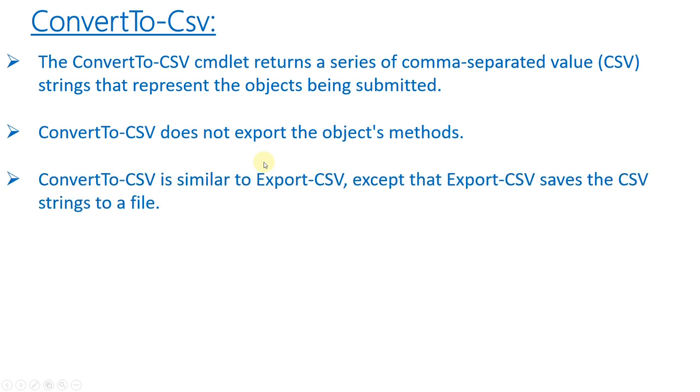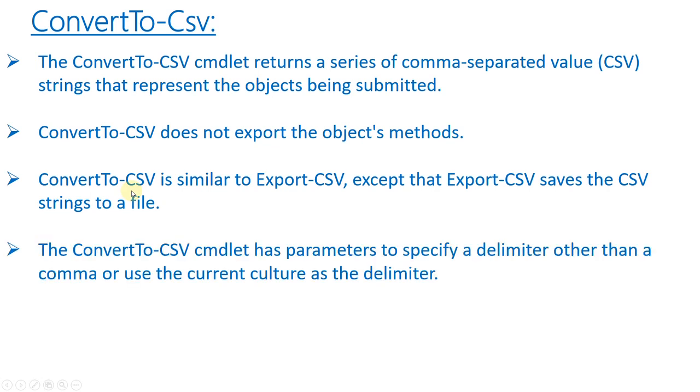And this commandlet is very similar to the other commandlet called Export-CSV, but the only difference is that when we use Export-CSV, it will do two things. First, it will convert the object into CSV format, and simultaneously it will write the converted CSV format to a CSV file as well. But when we use ConvertTo-CSV, it will only convert the object into CSV format. So in case we want to write the converted CSV output to a file, then again we can use one commandlet called Out-File after the pipeline. Then we can store the output into any CSV file.